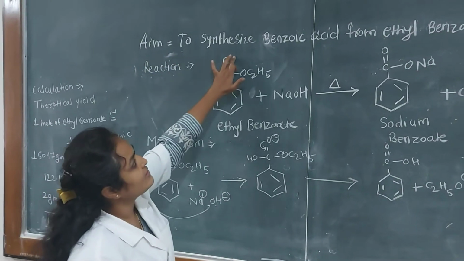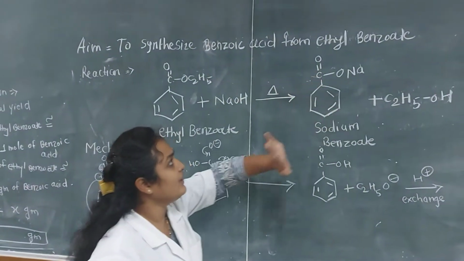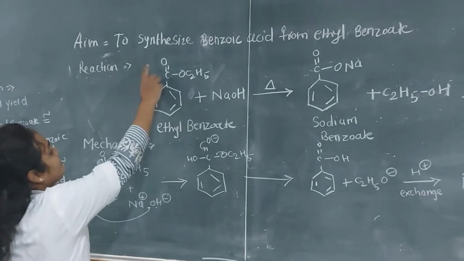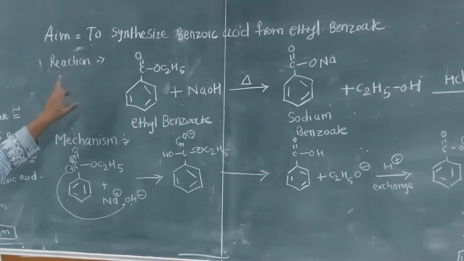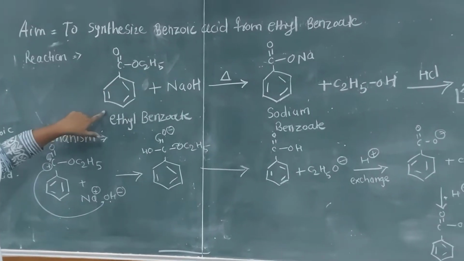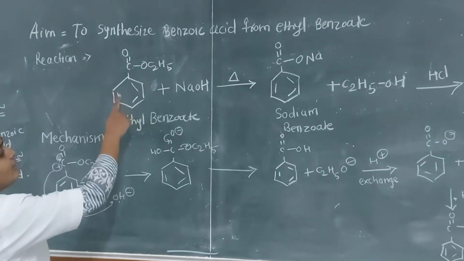The aim is to synthesize benzoic acid from ethyl benzoate. In that synthesis, we form benzoic acid with the help of ethyl benzoate. This is the reaction of benzoic acid. In that reaction, ethyl benzoate